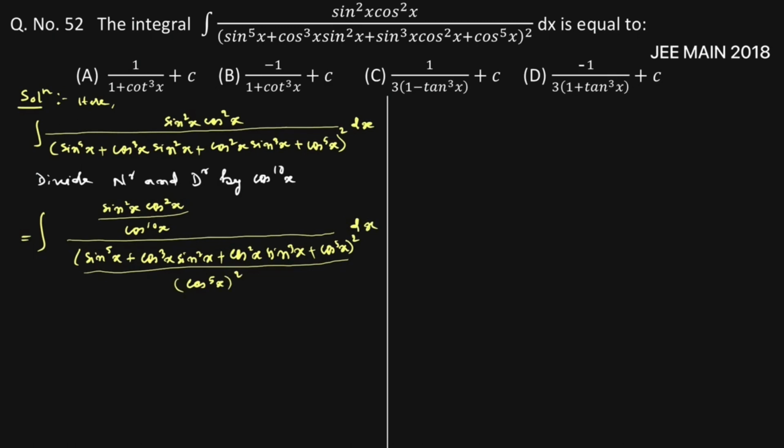After that we cancel cos square x with the denominator, then we will get cos to power